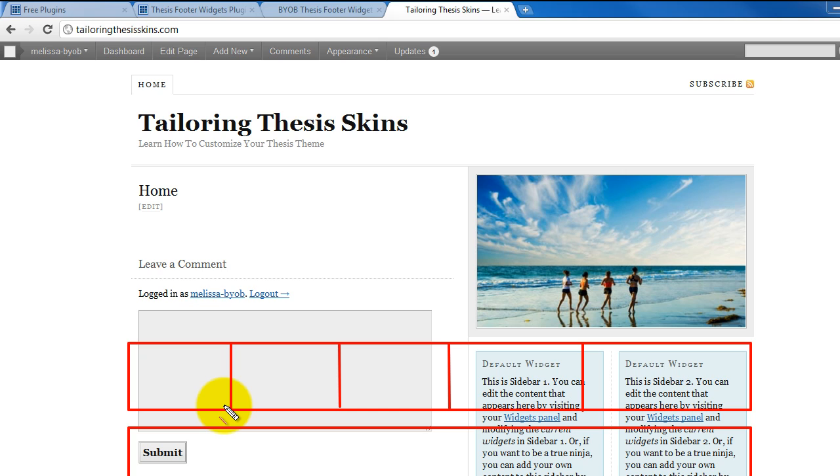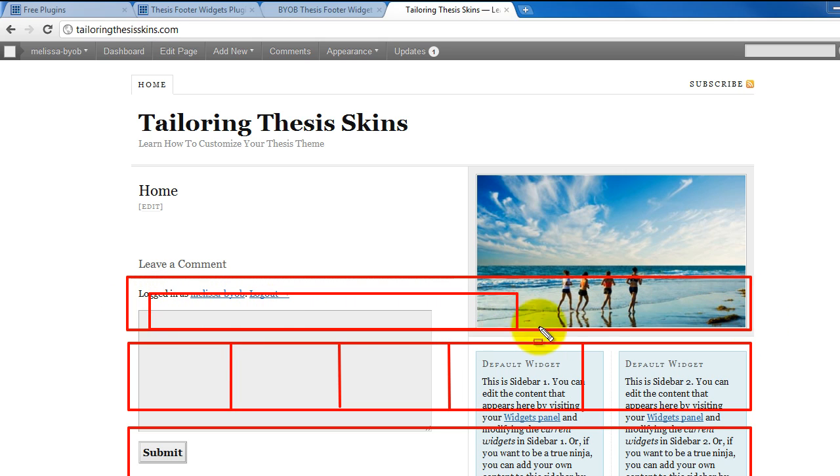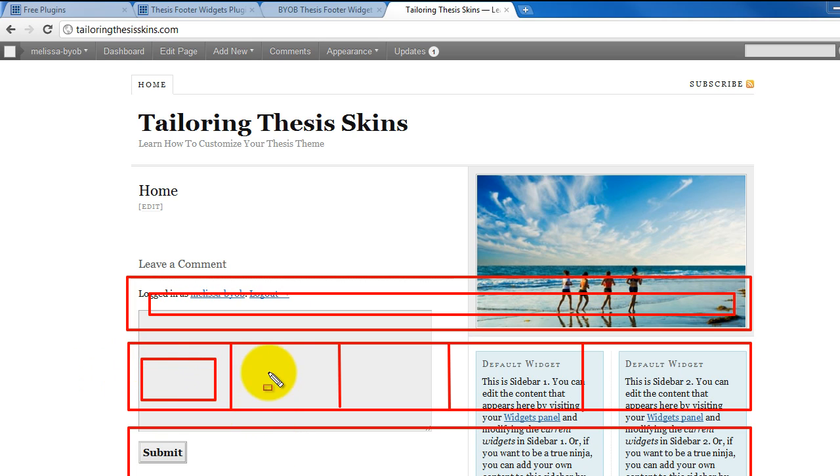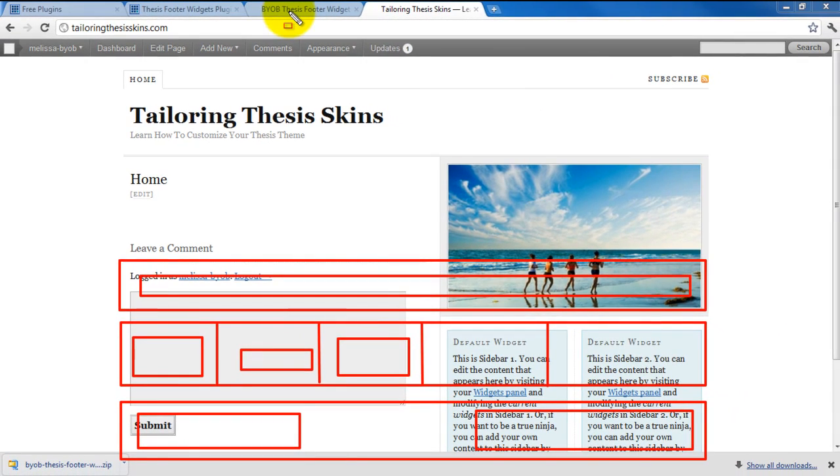Now I created it this way, assuming that you might have a big call to action in one widget area, and then you'd have this typical fat footer widget area here, which will do various things with the different rows. And then at the very bottom you'd have a couple of other widget areas that would have some kind of attribution text or something like that. That is the concept that Rick had in mind when he created this plugin, so that is what we can do here. So if you go back over to our dashboard,